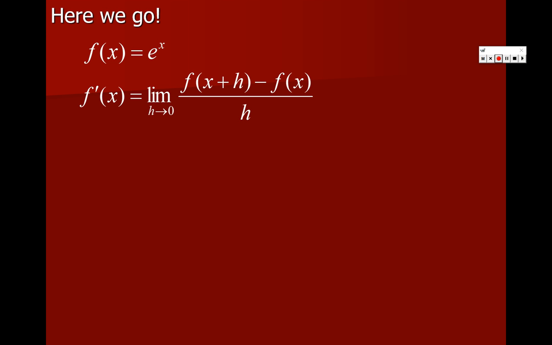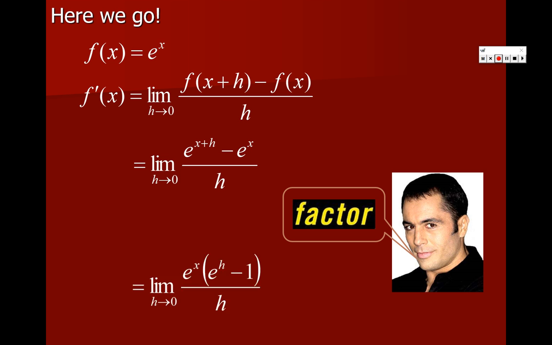It's so good. Do you remember this now? Limit as h approaches 0, f at x plus h minus f at x over h. It was like yesterday, sort of. So I put x plus h into e to the x, and I get e to the x plus h minus e to the x over h. And this is the only weird step in the whole thing: weirdly, there's a common factor here. It may not be obvious to see, but there's an e to the x in here, and there's an e to the x in there. The weirdest common factor yet. It's not that difficult, but if I pull an e to the x out of each,